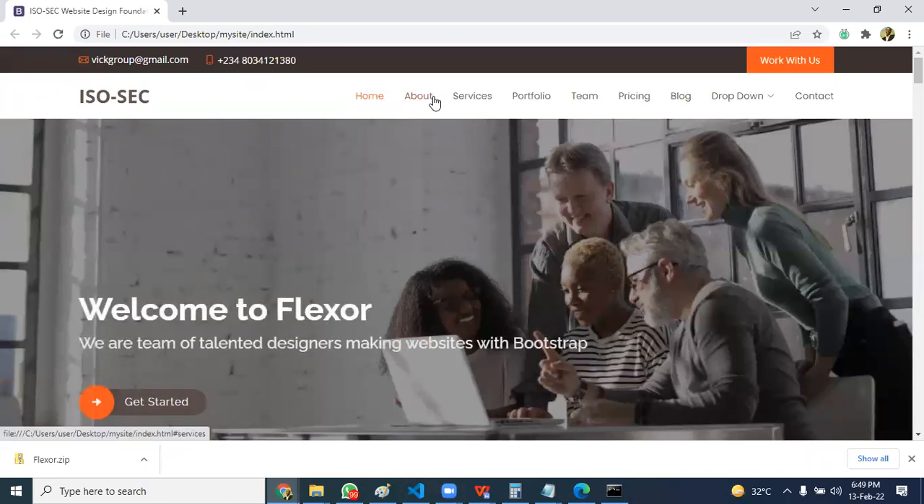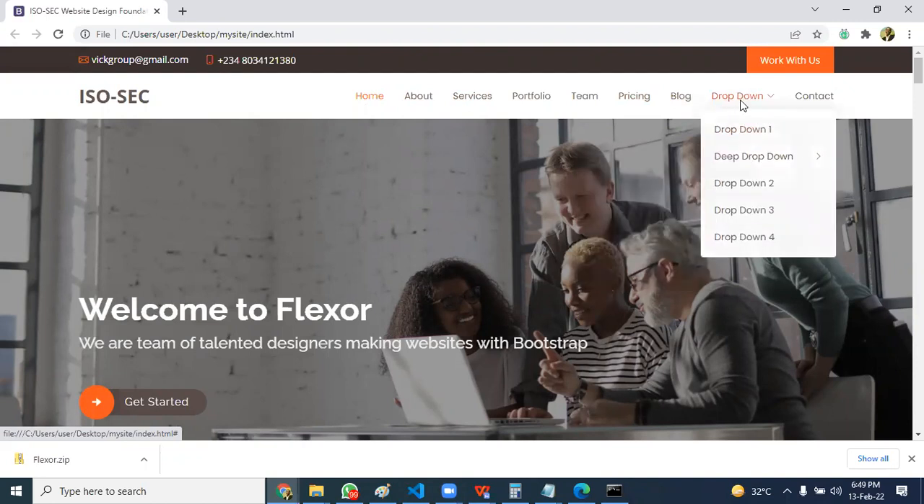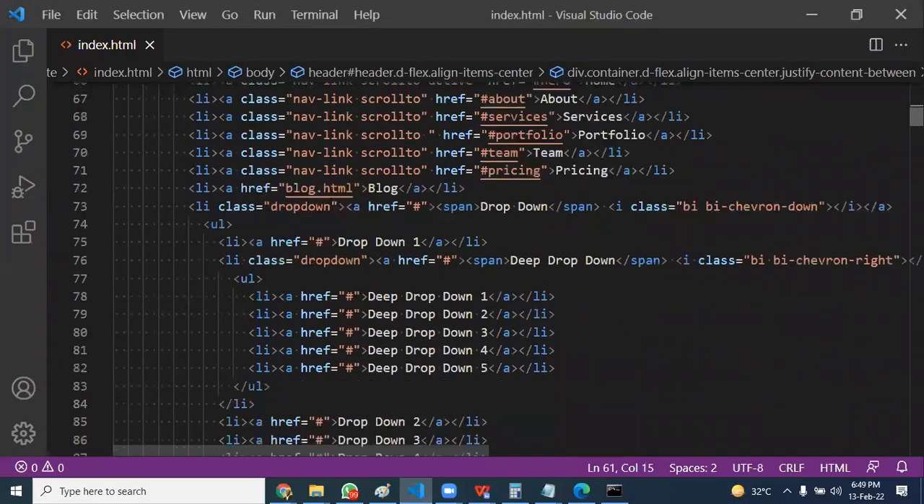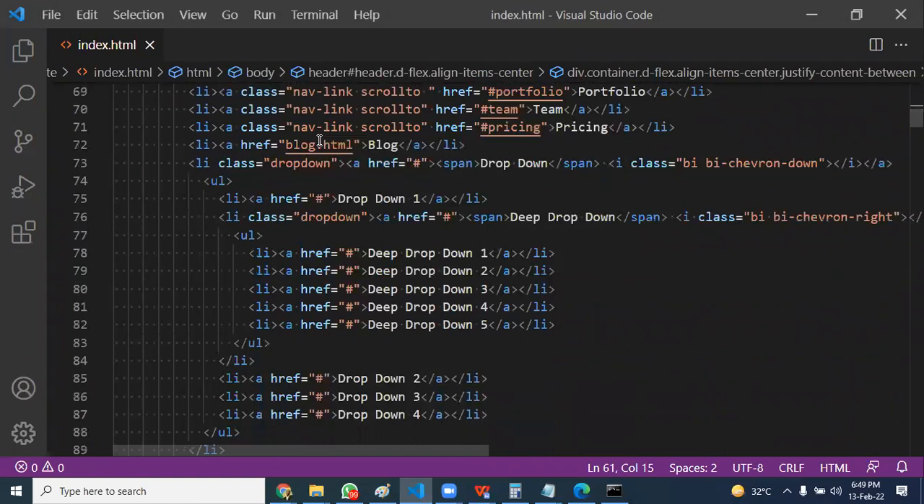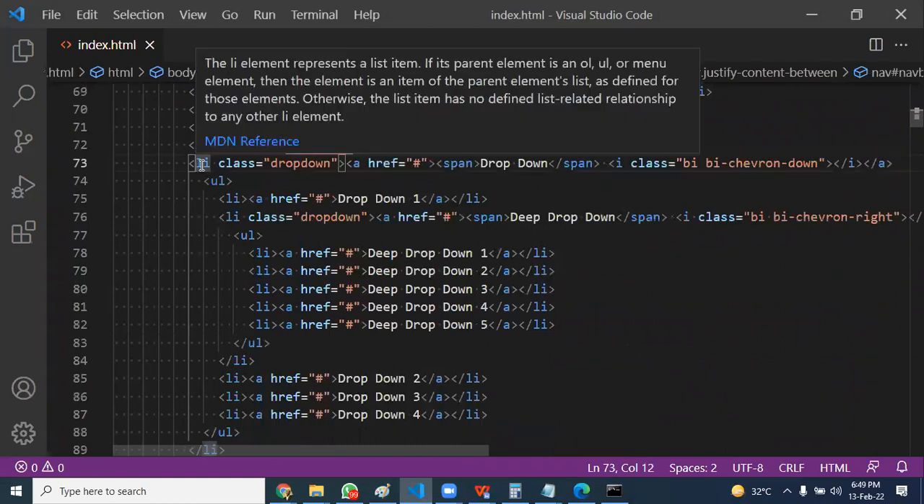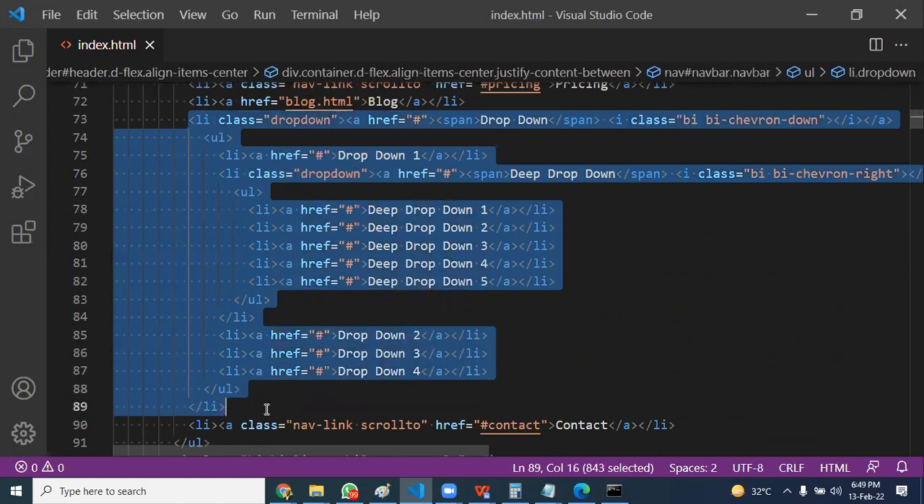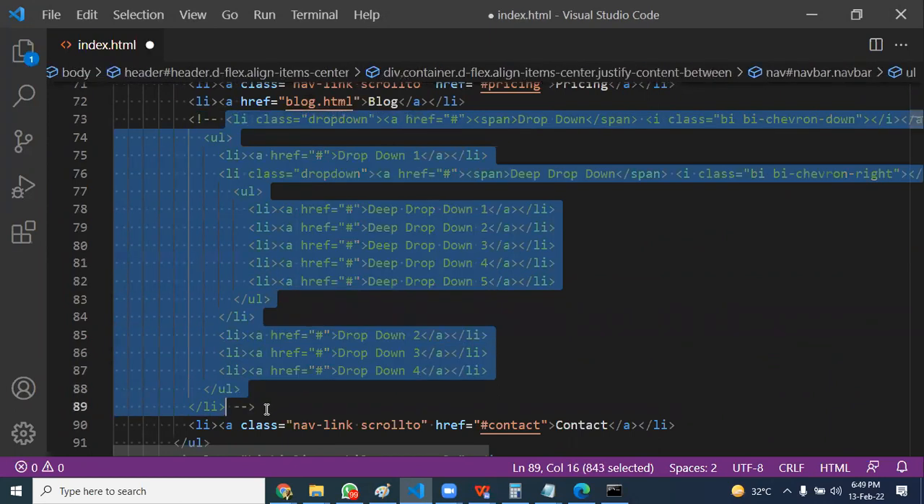I have home, about, services, portfolio, team, pricing, blog, drop down. I don't think I need this for now because I want to do something very simple. I will just go to where I have the drop down, all of the drop down guys. That is from here. This is a list. You see, the thing is, if I tap on a particular tag, this is where it ends. See the slash here? I could highlight everything and use my Ctrl slash to comment. If I save,